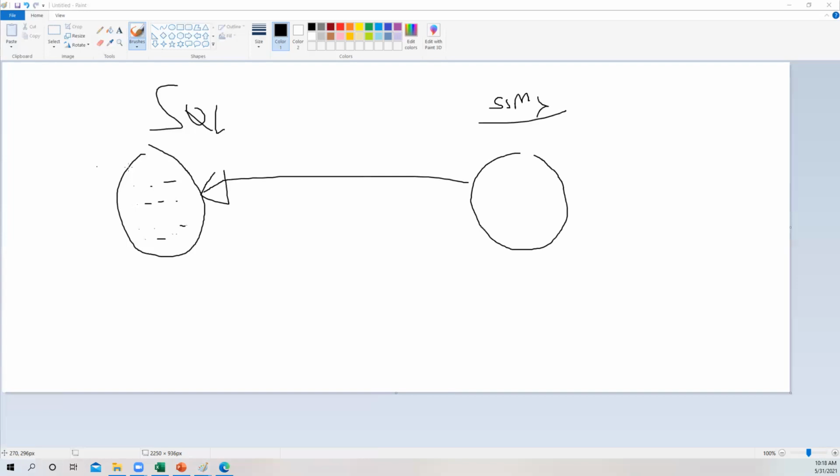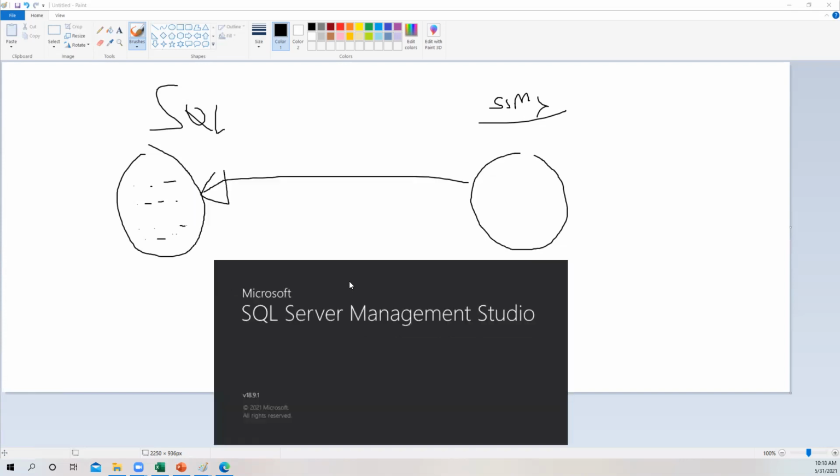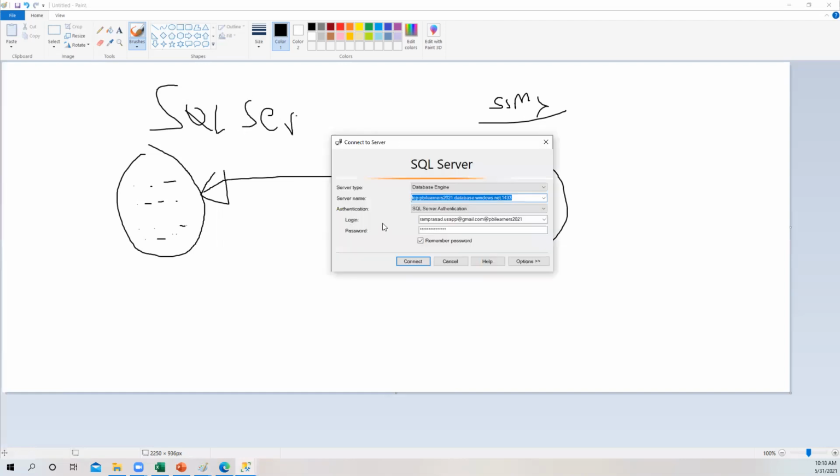Yes, this is Microsoft SQL Server Management Studio that I'm opening. Guys, previously I opened this and showed you how to connect with Azure, right? So you were connecting to Azure SQL DB. Now we'll connect to the SQL Server. This is just software, but I'm connecting to some server.